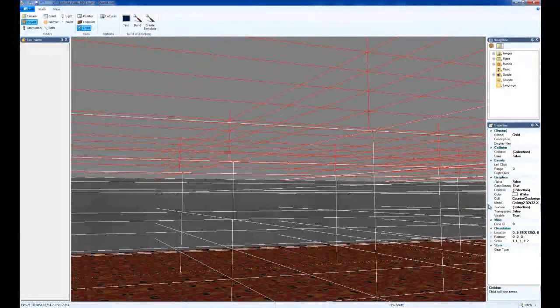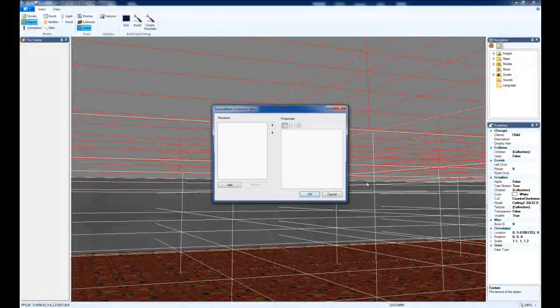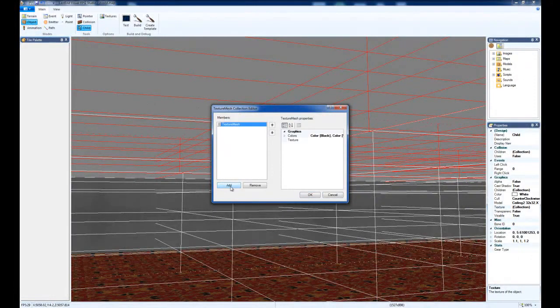We have it selected, so let's go over here and go to its texture. Click that little box and add 2 textures. That's how many this model has. For the first one, I'm not too sure. Let's go ahead and just select ceiling 1 there for the first one, and the second one, let's go tile 2. I'm not too sure if I got the order right on that. We'll see. And hit